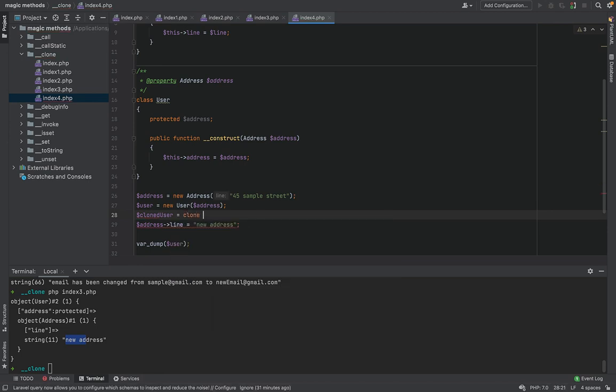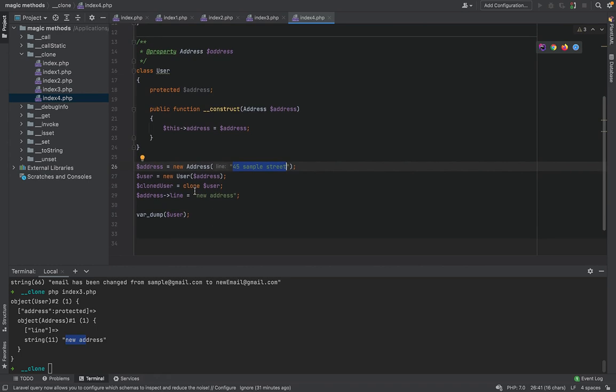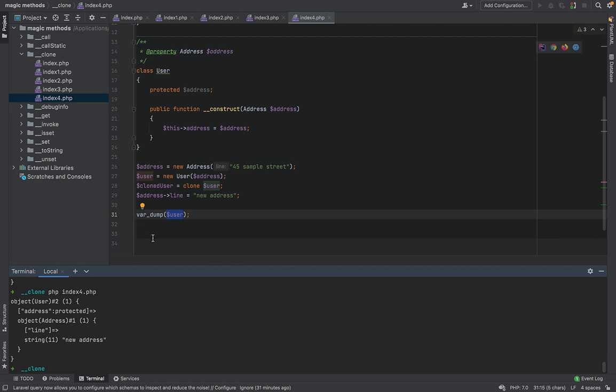As we did before, we cloned the user object which we had before with the original address, and after that I'm going to change the address. So if I get the user, I still get the new address, but if I get the cloned user on the other hand,